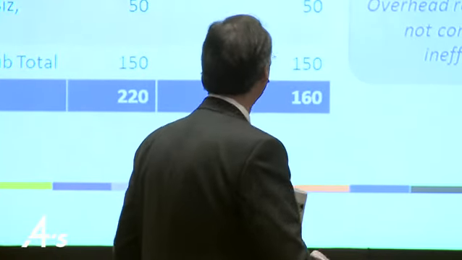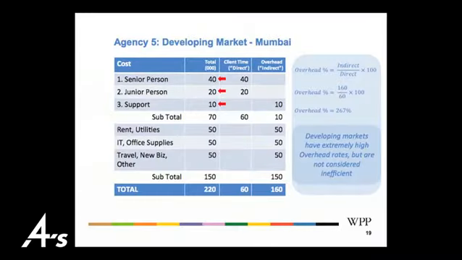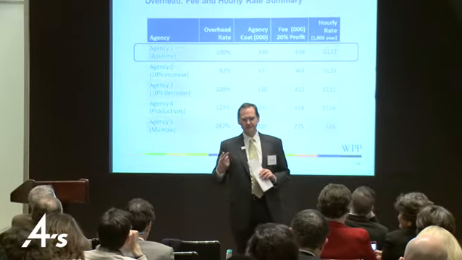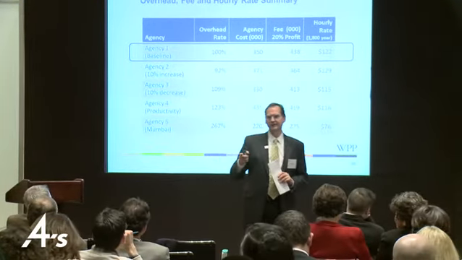So what's happened to their overhead rate? If you look over in the right-hand column, Mumbai has an overhead rate of 267%. God, they must be inefficient. Not true. And they must be expensive if that's the case. Also not true. So let's summarize this in terms of what each of these agencies look like